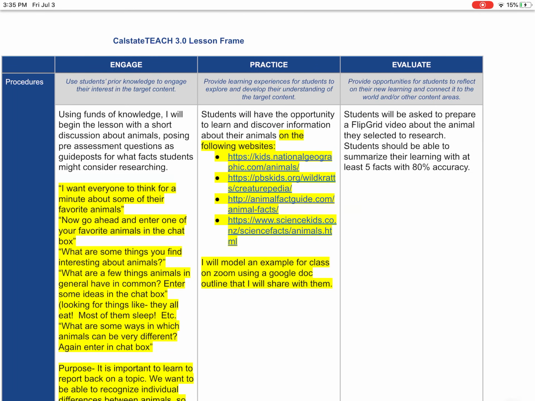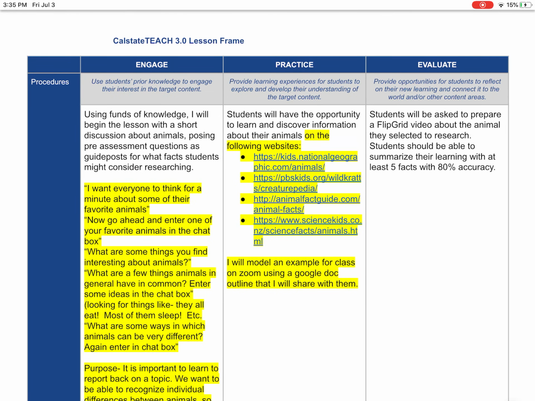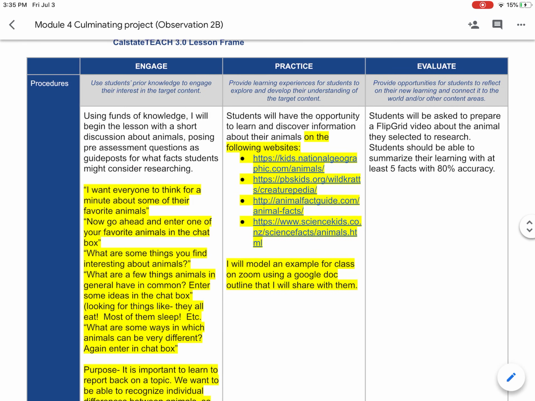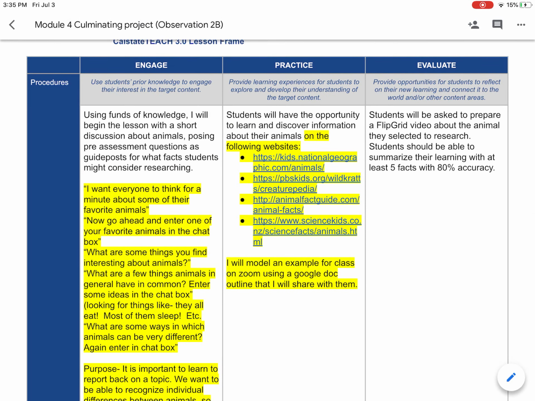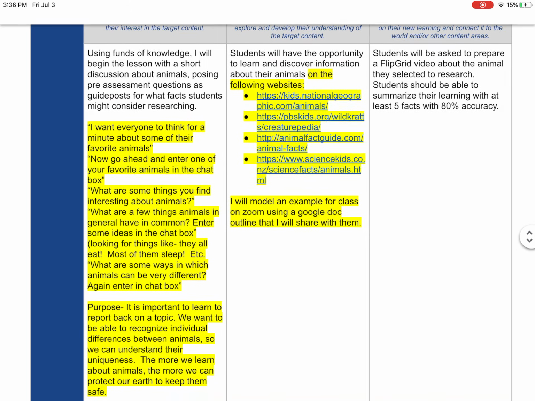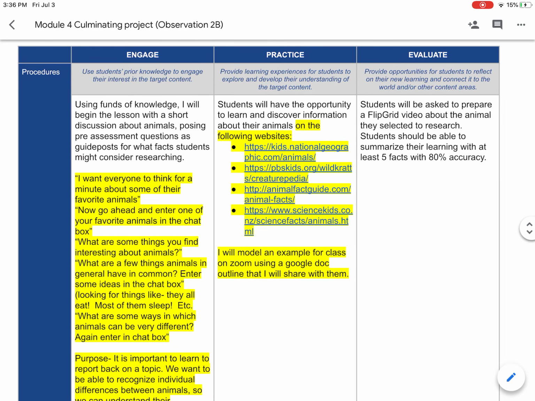let's start with engage. Using the funds of knowledge, I will begin the lesson with a short discussion about animals, posing pre-assessment questions as guideposts for what facts students might consider researching. I had written that before, and then looking back, I realized I really didn't include what kind of questions I would have. This lesson is designed for distance learning. It was a little bit difficult to